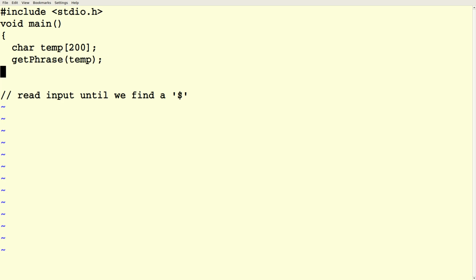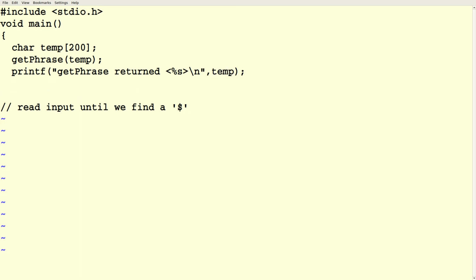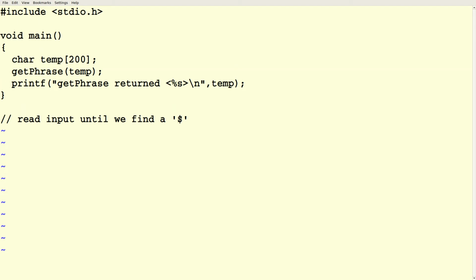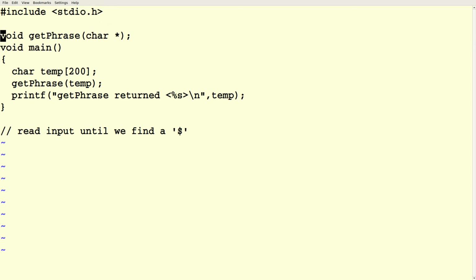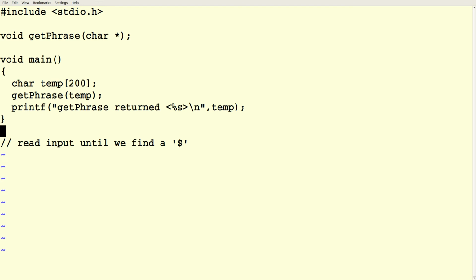So let's just write a sample of this. I'm going to pretend that we have this getphrase function.